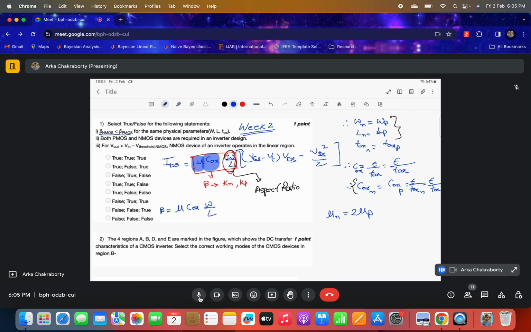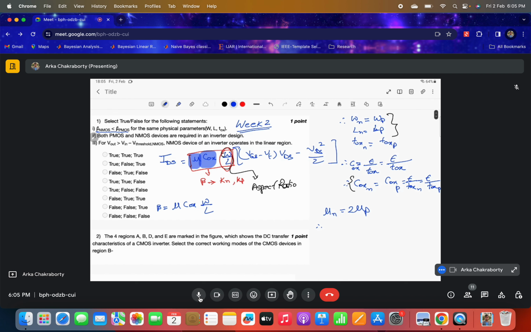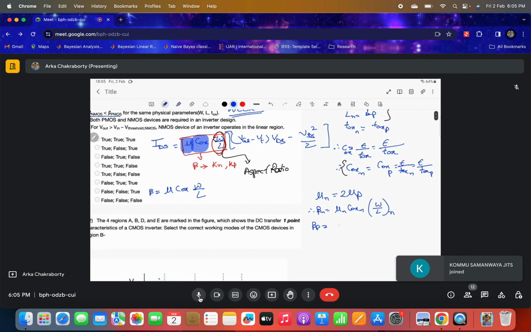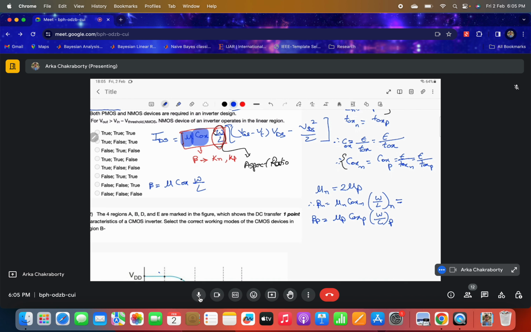Therefore, my beta n would be mu n Cox n W by L of NMOS, and beta p would be mu p Cox p W by L of PMOS. Now, as mu n is twice mu p and Cox and W by L are all the same, I can simply write beta n equals